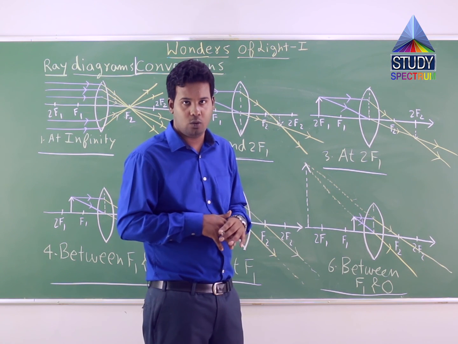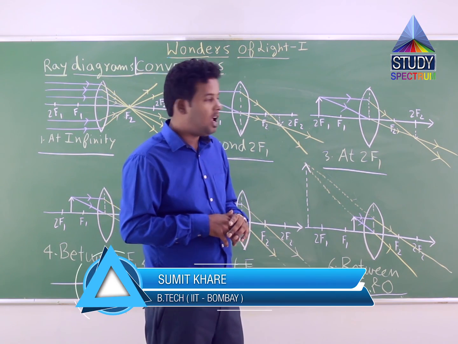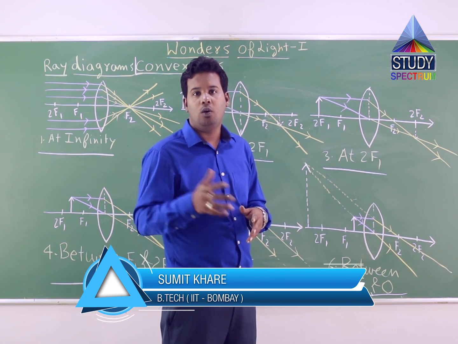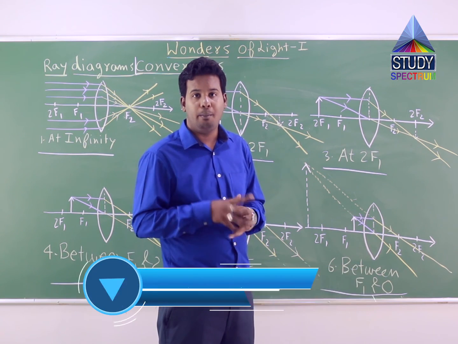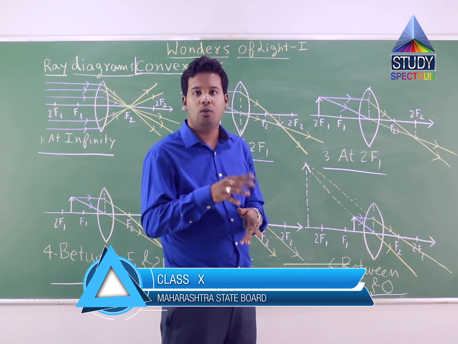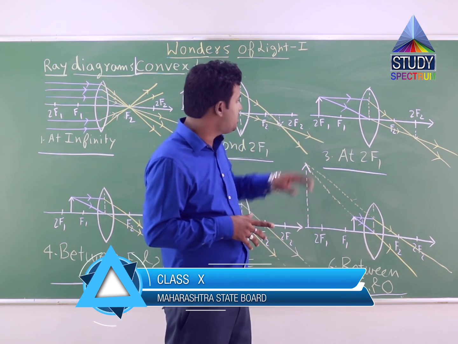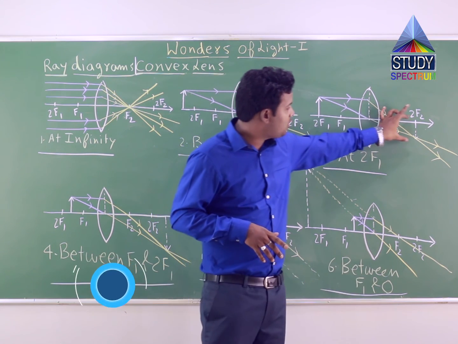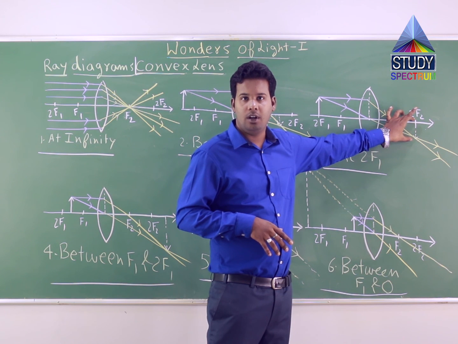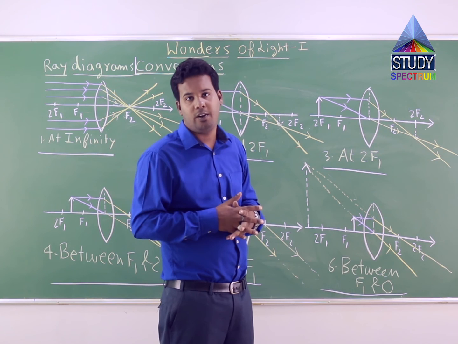Third result and fourth result which we have calculated using magnification formula, that is H2 by H1 is equal to V by U, where H2 is height of image, H1 is height of object. And there we got the value of H2 equal to the value of H1 in magnitude but opposite in sign. H1 is positive, then H2 was turning out to be negative but equal in magnitude. It means the height of object and height of image are one and the same. That is why the result is written: the height of image is equal to height of object.